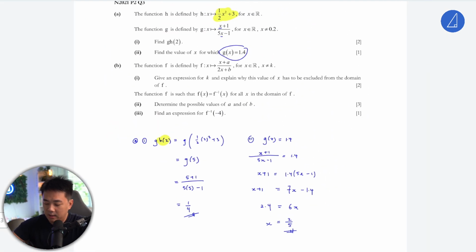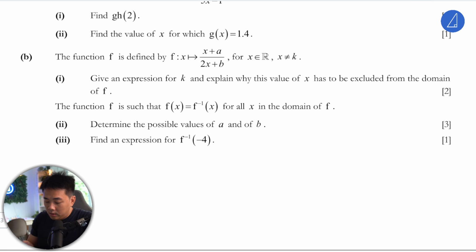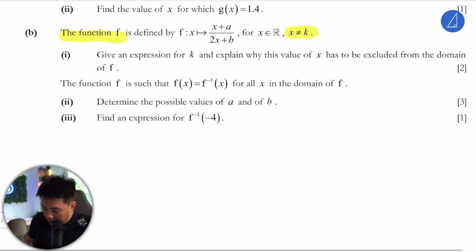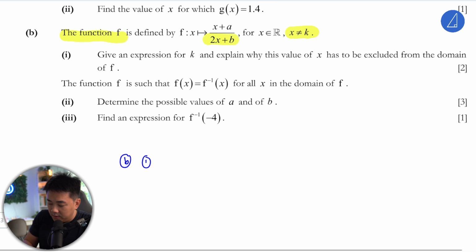So let's look at the second part, part B. Okay, part B, the function f is defined by this rational function here, where x is not equal to k. Give an expression for k and explain why this value of x has to be excluded from the domain of f. Okay, so basically, you know that you cannot divide by 0, right? So f is undefined